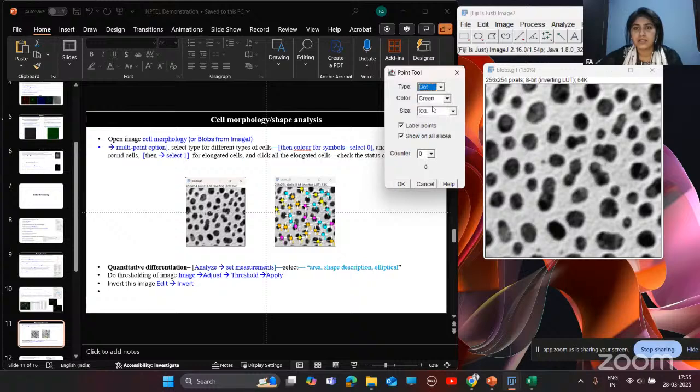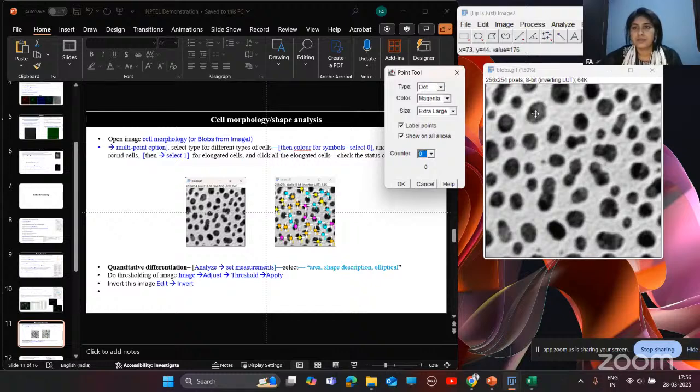Here I'll select dot and I'll give it magenta color, and I'll select extra large. You can select others while doing your analysis. First, for the first type of cells, I'll select this zero.